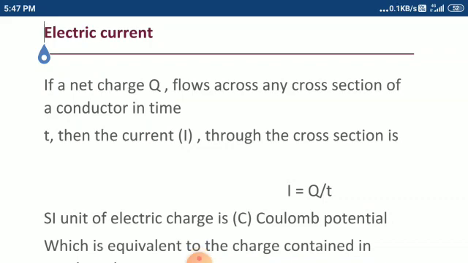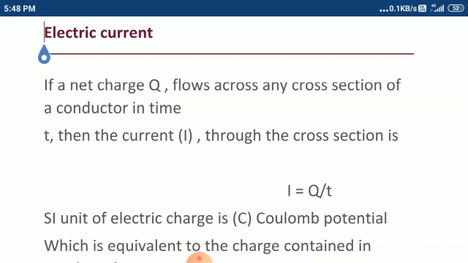One more thing before starting, let me tell you, you have to make two copies. One will be your interleaf copy and one will be a lined copy register. In one, you will make a theory copy, and in the second, you have to solve all the numericals of all the chapters. First, you will take electricity.